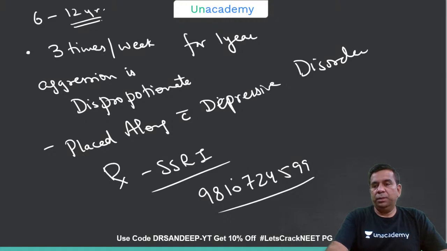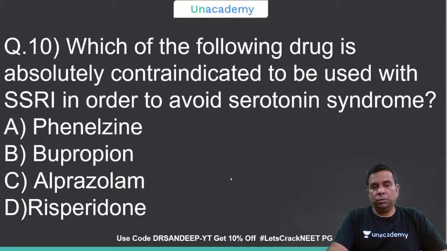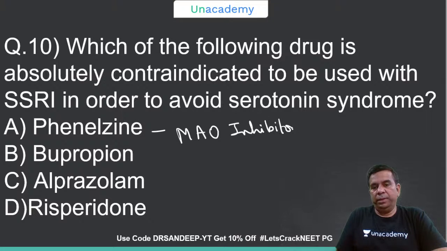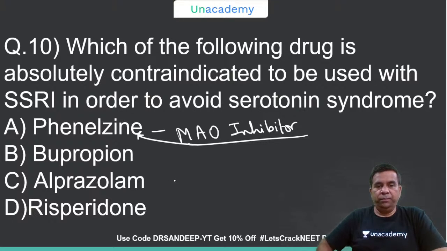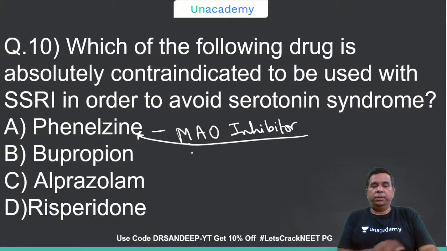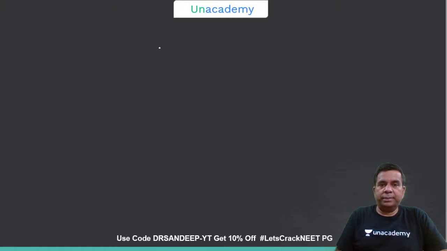ठीक है डॉक्टर साहब. So one more last question. Which of the following drugs is absolutely contraindicated with the use of SSRI to avoid serotonin syndrome? We know the monoamine oxidase inhibitor, phenelzine, will be contraindicated because this leads to serotonin syndrome. Serotonin syndrome, basically it's a